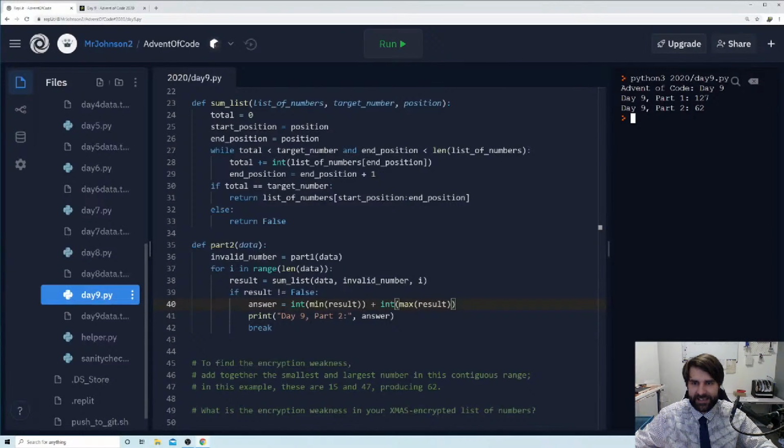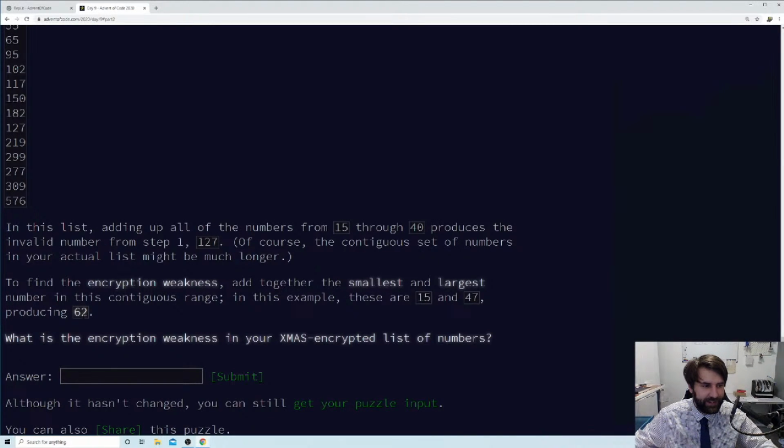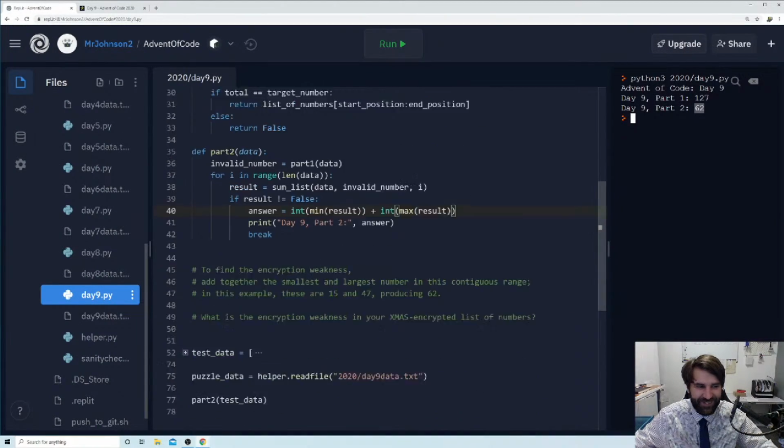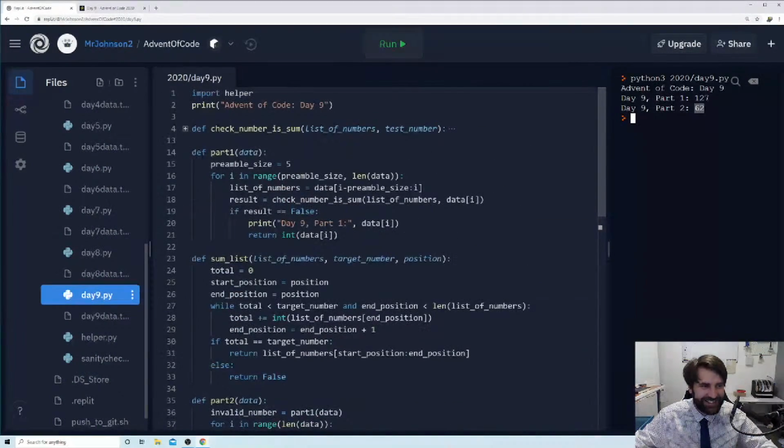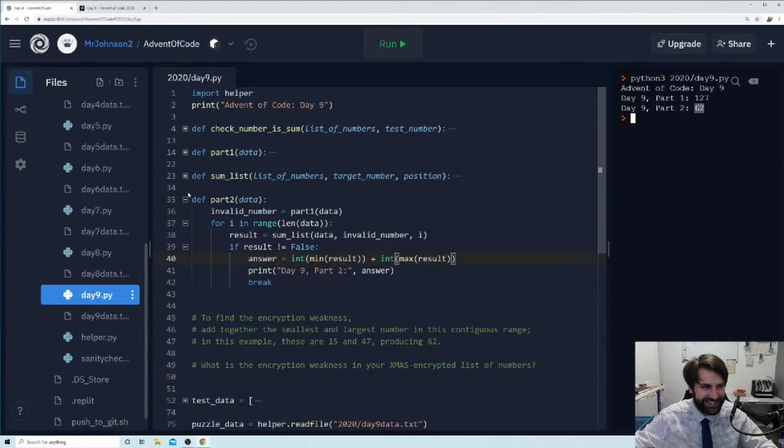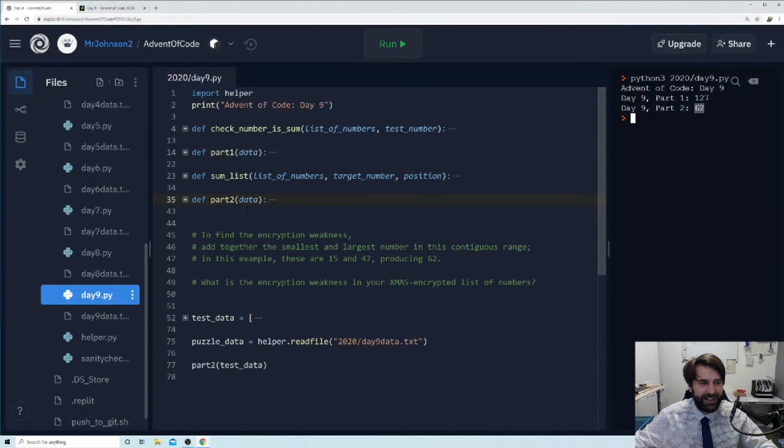Let's run this. 62. Fantastic. We're geniuses. We're absolute madmen. Look, there's 62 there. It works. I'm a clever person. Oh, it's all going so well, and nothing's wrong at all. Okay, I think we've done it. Let's see what we get. So puzzle data now instead of test data. Let's run this and let's see what we get.